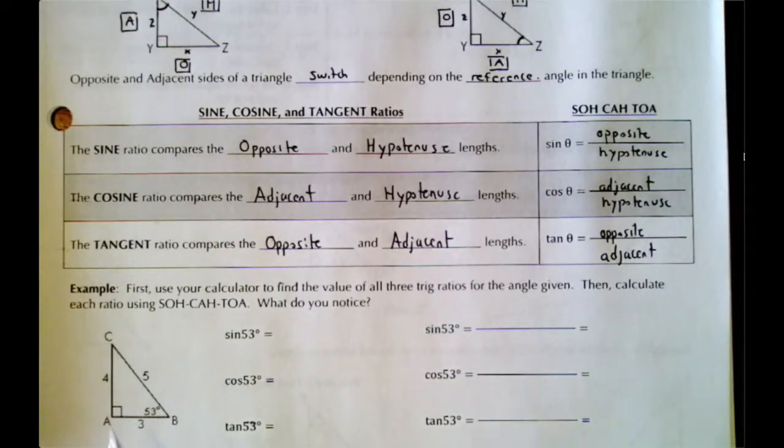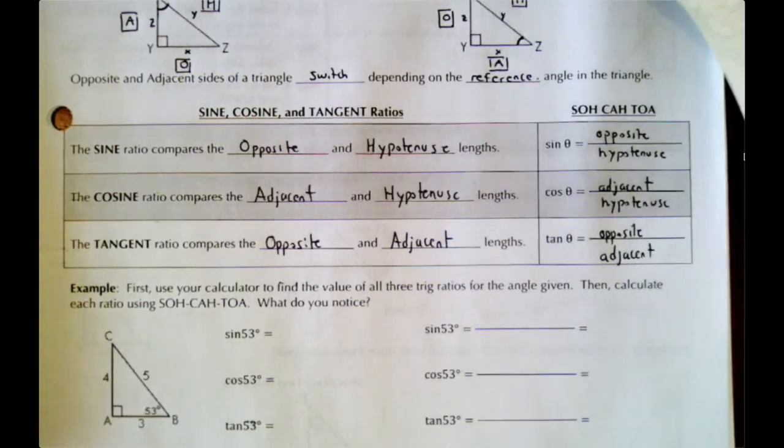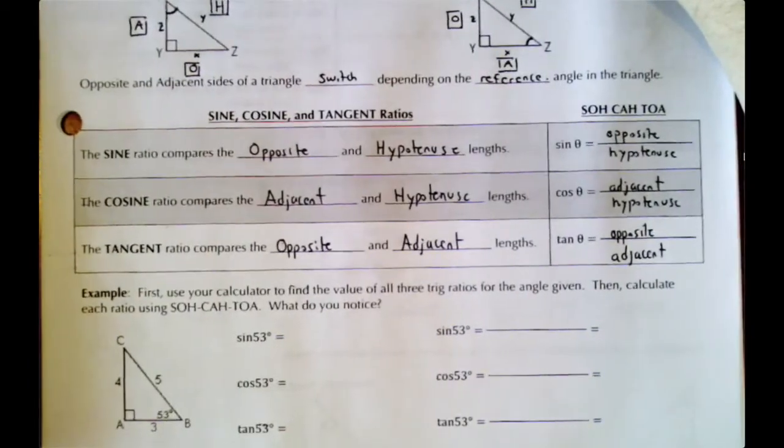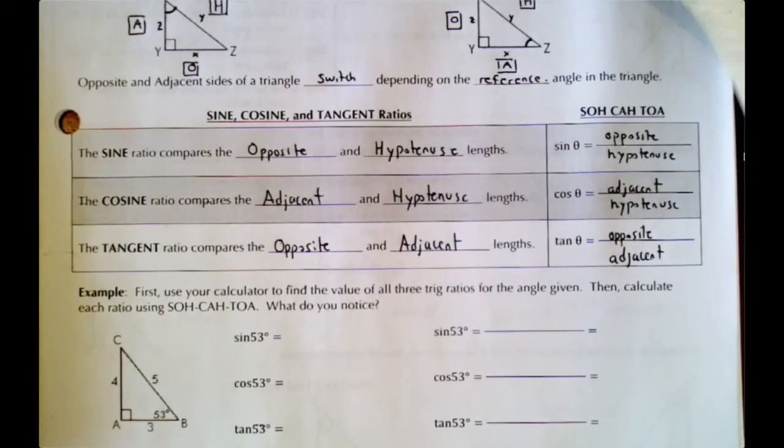Here we have a triangle with sides 3, 4, and 5 and an angle of 53 degrees. We can press sine of 53 and we're going to get an answer. We can press cos of 53 and we're going to get an answer. We can press tan of 53 and we're going to get an answer. Those answers are going to relate to these three ratios. Now, these three ratios can sometimes be tricky to remember, so we've come up with an acronym for remembering which button goes with which two sides. And that acronym is